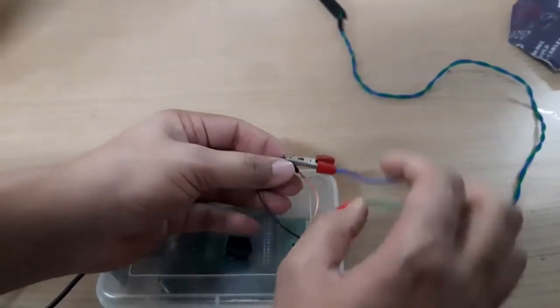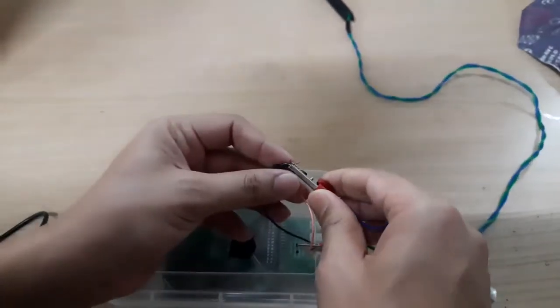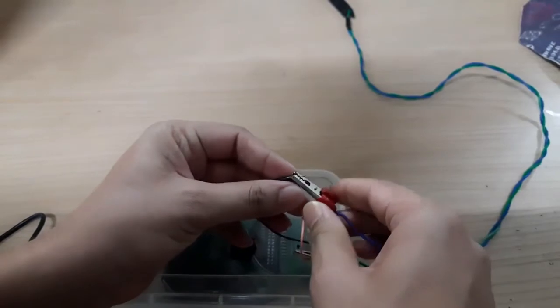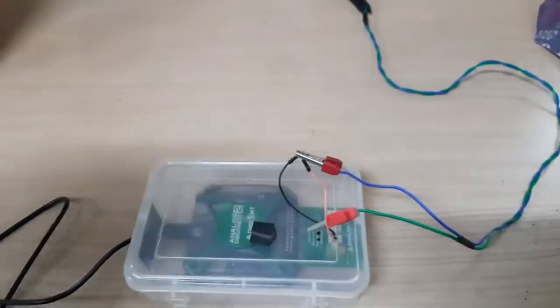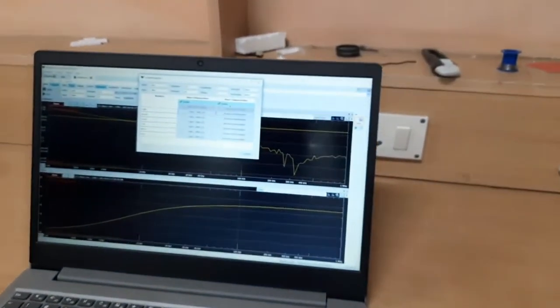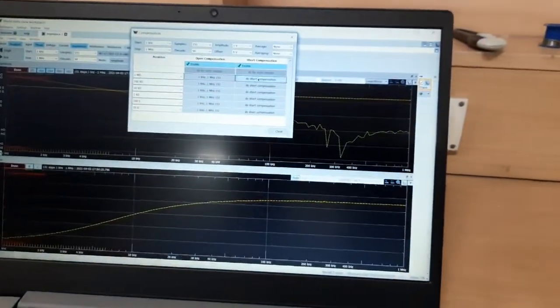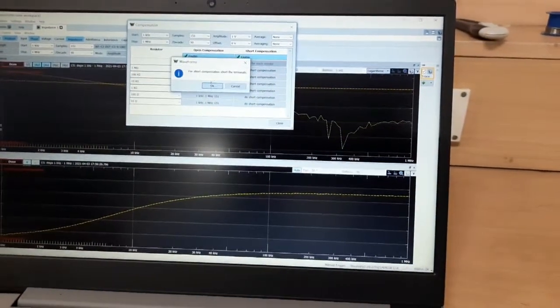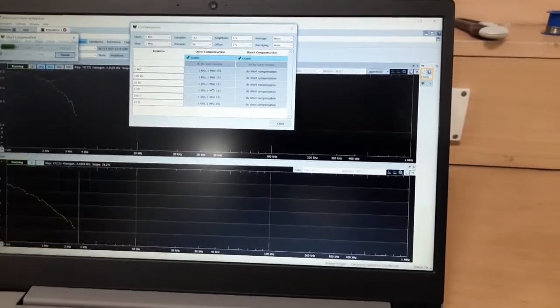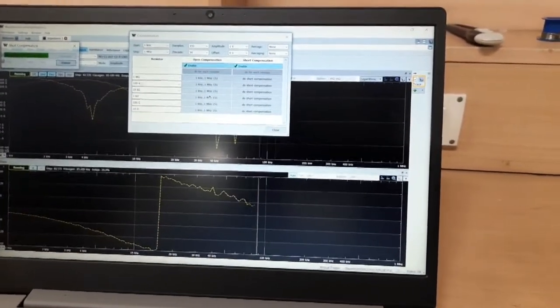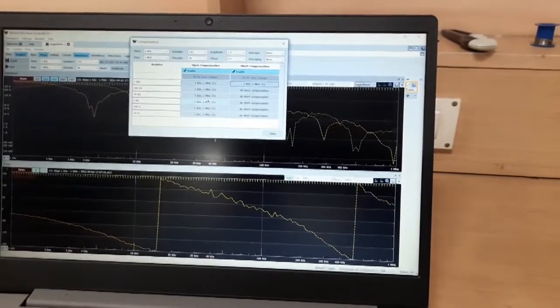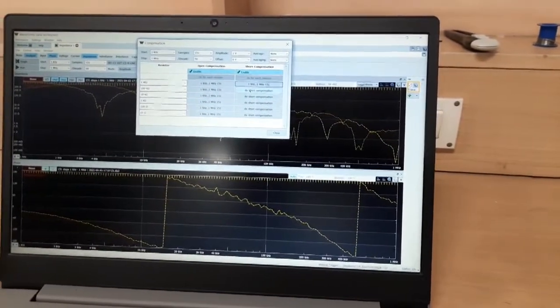I just shorted these two terminals, you can see here. Then I will start the compensation here. Just make it enable, click on that enable part, it will enable, then do short compensation. Okay, then next one.